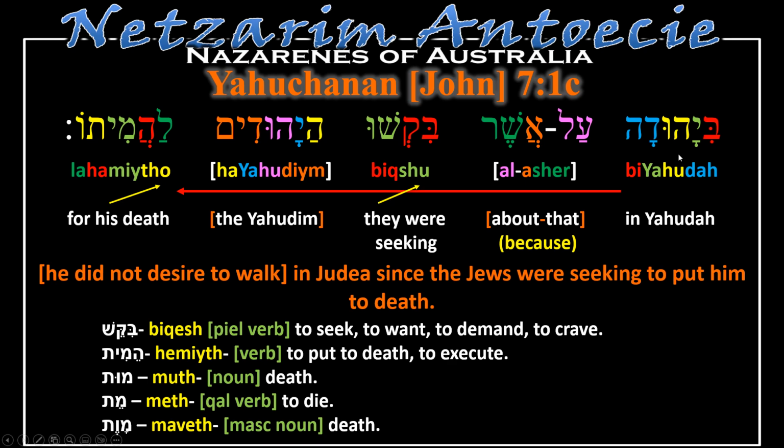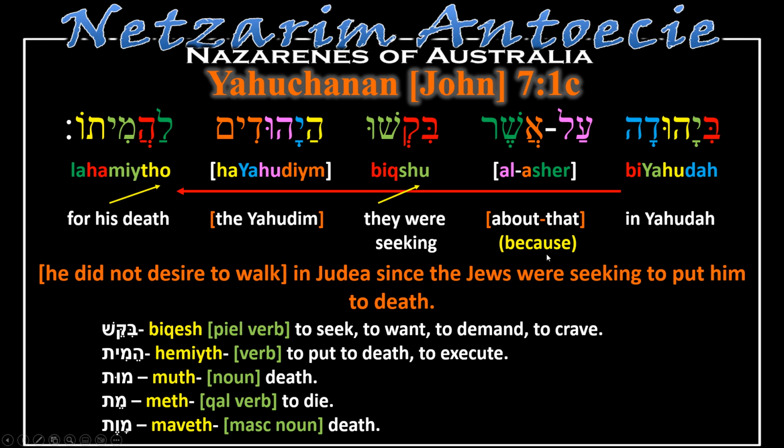And we have a bet, yod, hey, vav, dalet, hey, ayin, lamed, aleph, shin, resh, bet, kuf, shin, vav, hey, yod, hey, vav, dalet, yod, mem, sofit, lamed, hey, mem, yod, taf, vav. And we read it. Be Yehuda. Be Yehuda means in Yehuda or in Judea in the English. Al, and that could be about, or asher, that, about that.